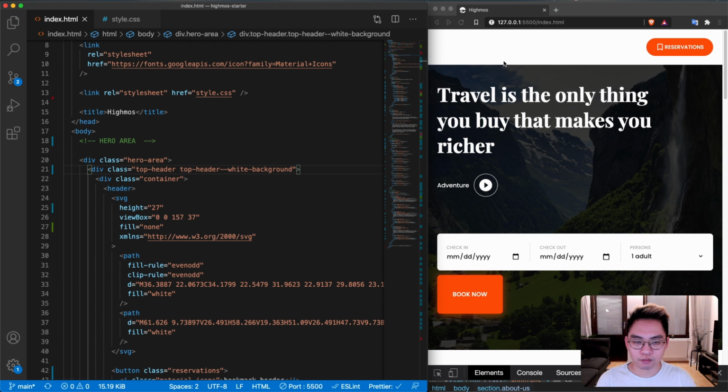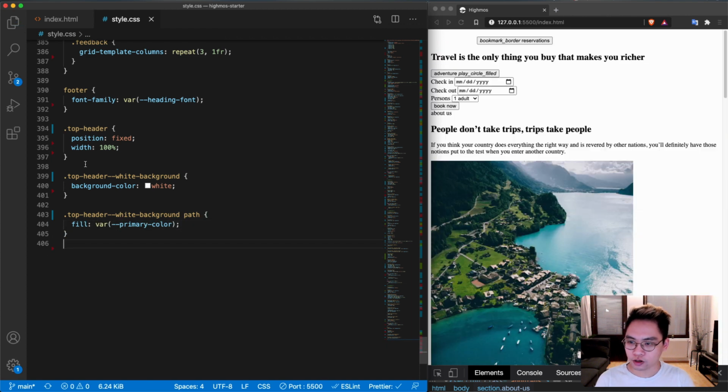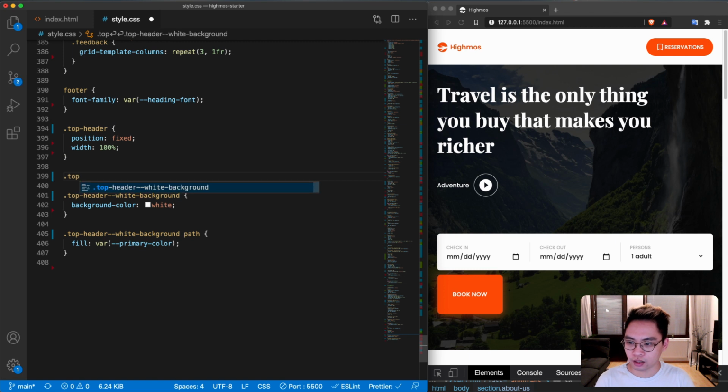Alright, now we have it, but now you can see that the logo is also white, so you cannot see anything, and the padding is quite big here. So let's go back to the CSS. In here, let's say top header white background, and we're going to select all the path, and let's give it fill primary color,